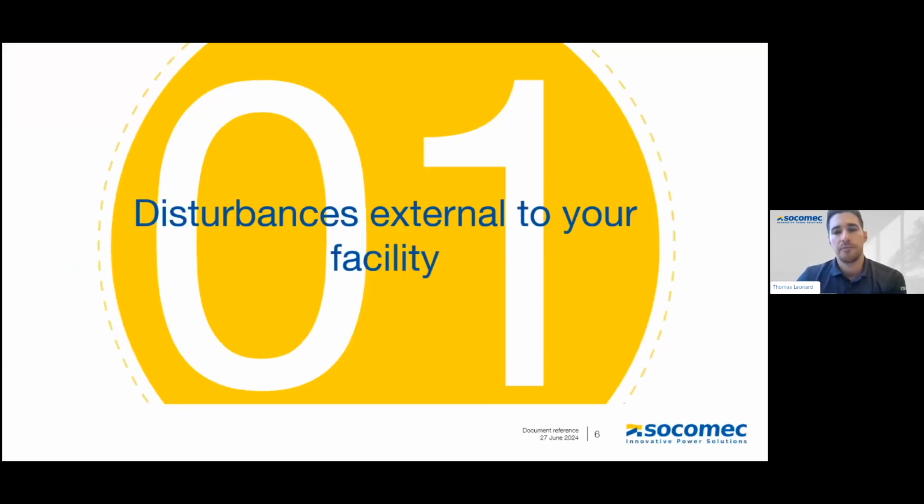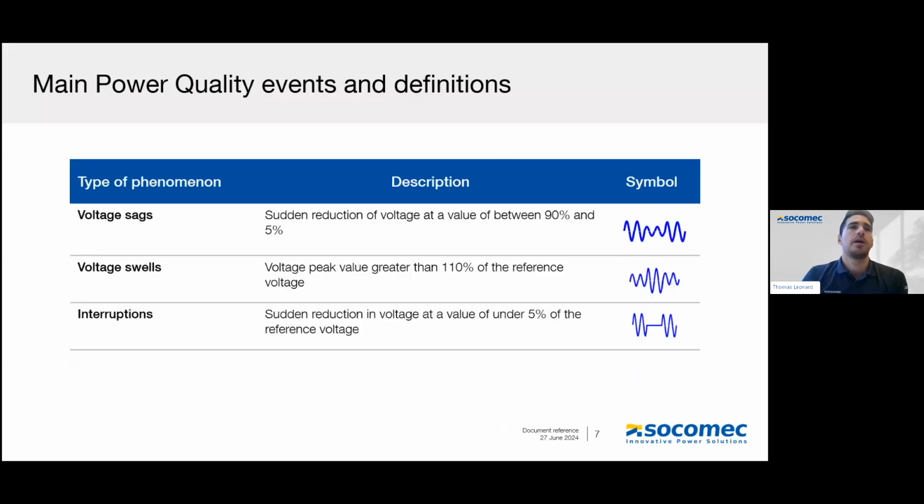So let's talk about the examples of disturbances that we can find external to the electrical installation. We're going to talk about voltage sags, voltage swells, and interruptions. Quick definition: a voltage sag is a reduction of the voltage to a value that is between 90 and 5%